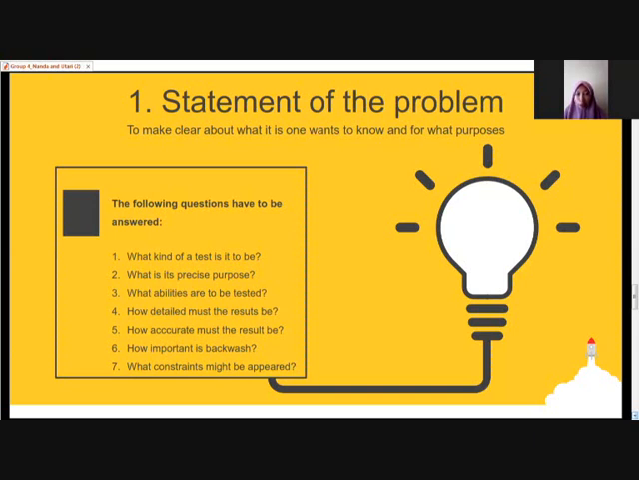And the purpose will be precisely known when we know the type of test that we want to construct. And then the third is as